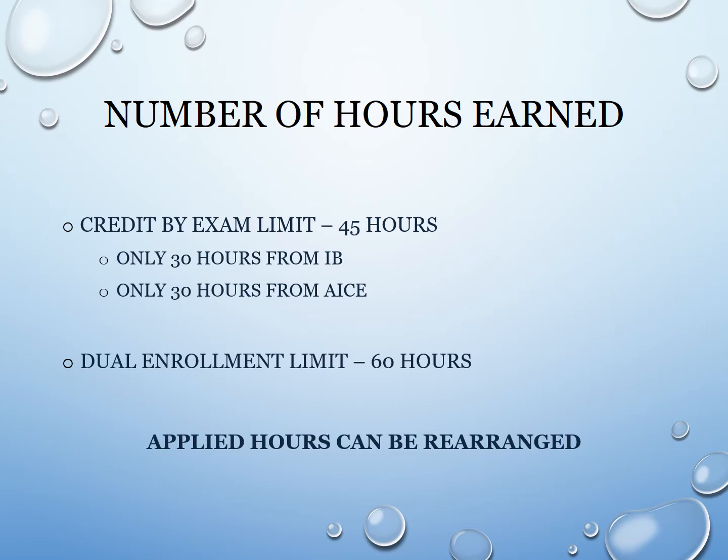The other thing is that applied hours can be rearranged. So if a student comes in and says, well, I brought in more than 45 hours by credit by exam, I have 52, which hours are going to actually count? I want to choose. The university automatically determines that for them on their audit, but the student can come in